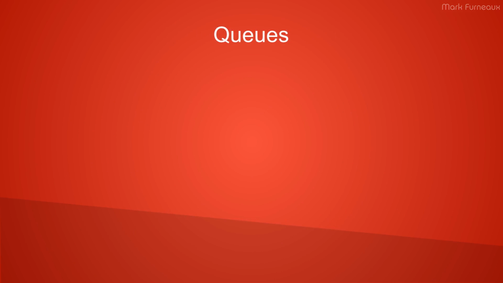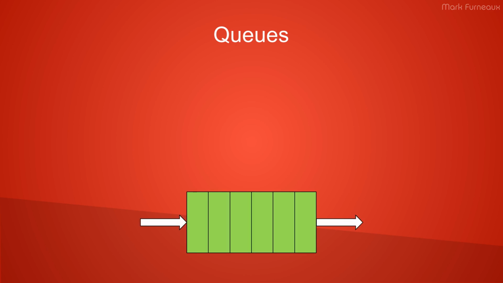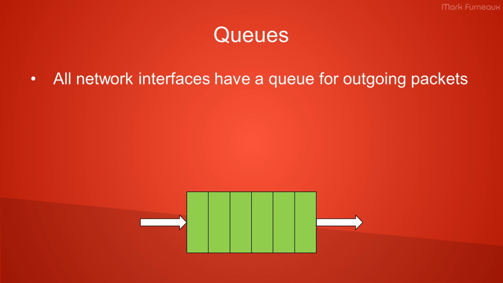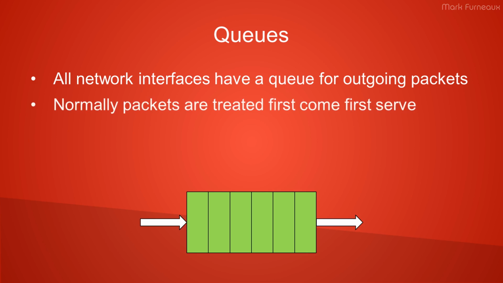Now, one thing that we will see a lot of is the notion of queues, and so I want to make a few notes on queues before we get started. All network interfaces have a queue for outgoing packets, right? So this is sometimes referred to as the transmission buffer. And normally packets are treated on a first come first serve basis, right? The first packets that arrive in your pfSense box, doesn't matter where they come from, are the first ones that get added to this queue, and then they shuffle through the queue in a FIFO manner,